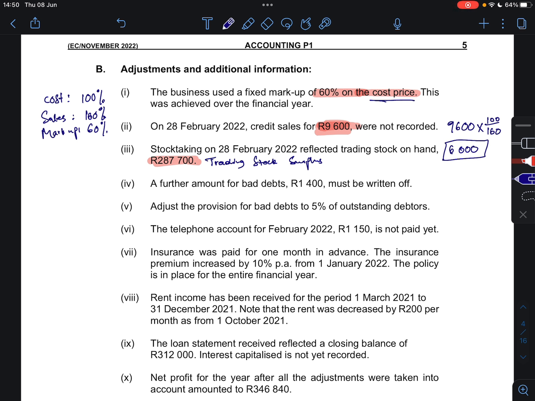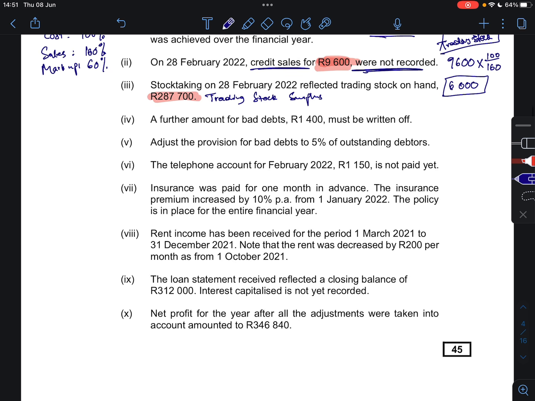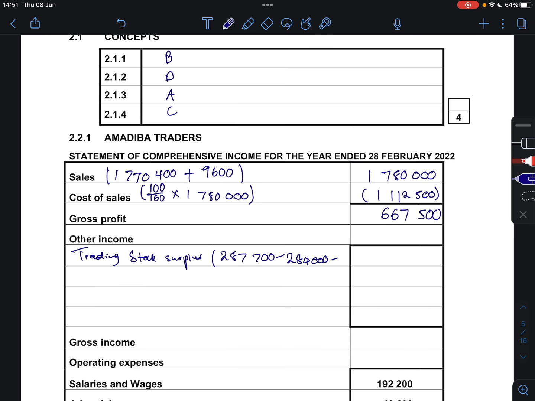Because we were not told that the credit sales were not recorded anyway, right? So this means it was also not recorded when we were taking into account our trading stock. So that is why this transaction affects our trading stock account. So that we're gonna record your 6,000 and then we subtract it here. Okay, let me just add a bit of space. And that will give us